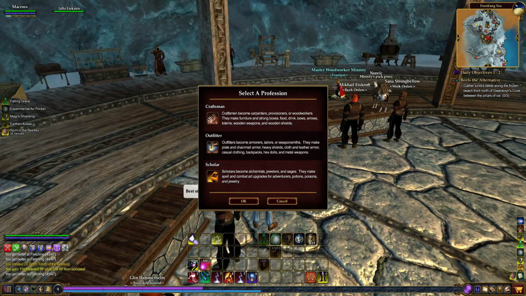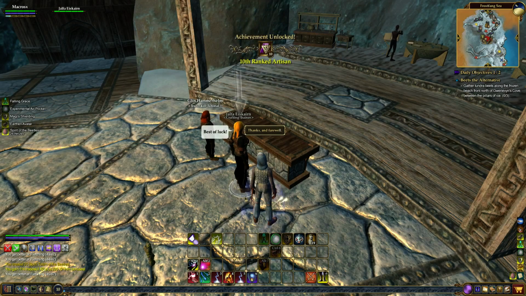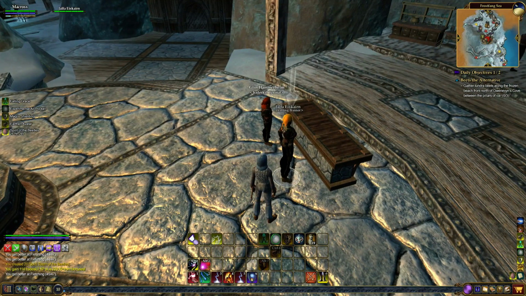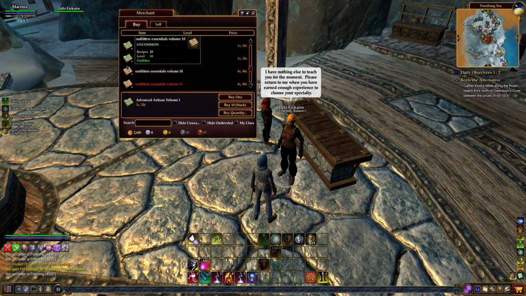Well, I did want to go through maxing all of the skills like I said to you, but I need to show you, so let's just do it. Okay, notice, I've jumped to rank 10 in my crafting. I am now a craftsman, and I can now go to this person, the crafting trainer, and buy the rank 10 recipe, which is the first of the outfitters recipe books. So if I buy that,